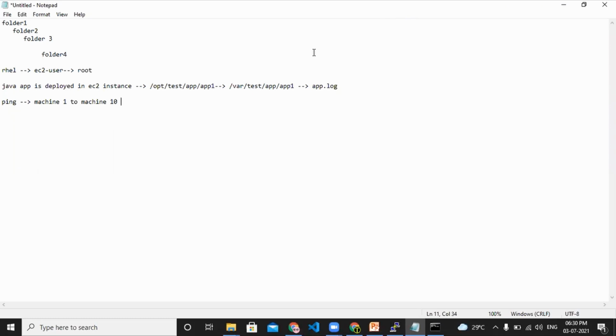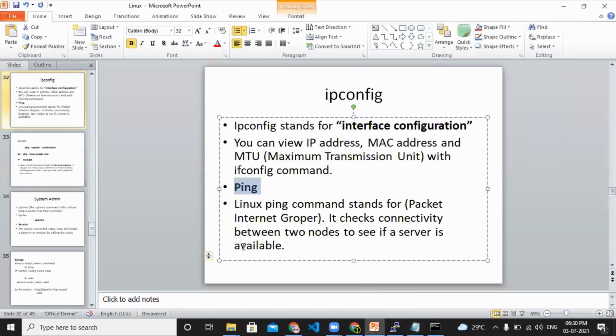Just assume we have a production cluster with 10 machines. By using this ping command, we can see whether my machine is live or not. We'll see one example here.